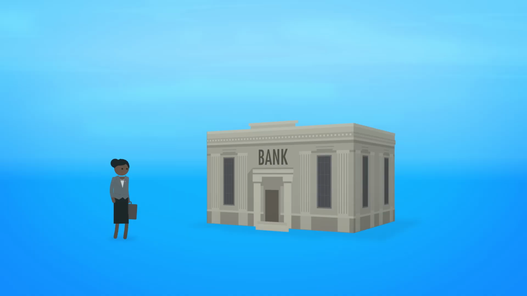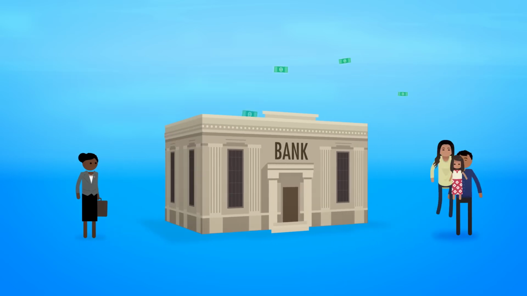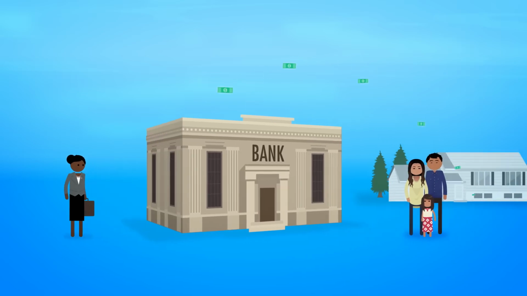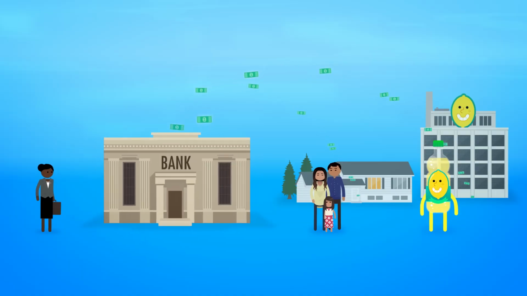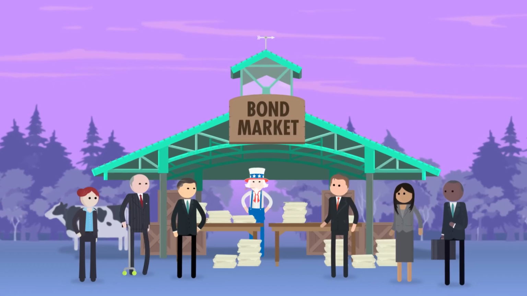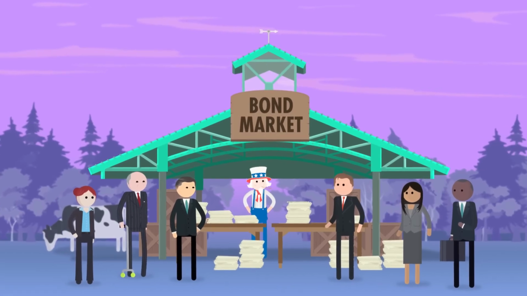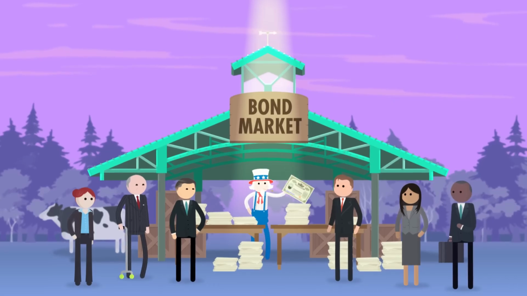There are three ways this exchange takes place. The first is banks. A lender deposits money in a bank, and then the bank turns around and loans that money to a family who wants to buy a house or a business that wants to expand. As those borrowers pay the interest on their loans, the bank takes part of that money to cover their costs and passes the rest along to the depositor. The second way lenders and borrowers link up is through the bond market. A government or a large corporation that needs to borrow money will sell bonds to lenders.